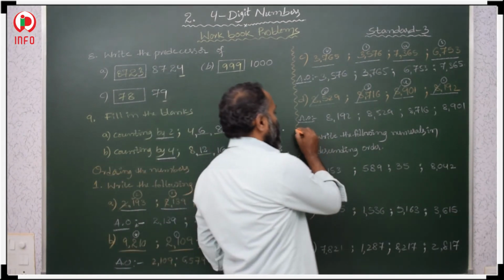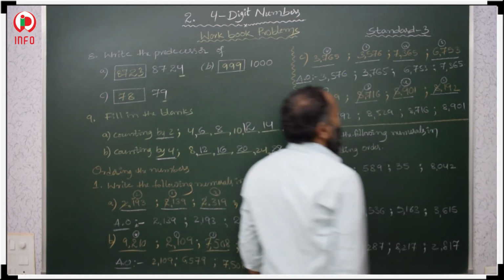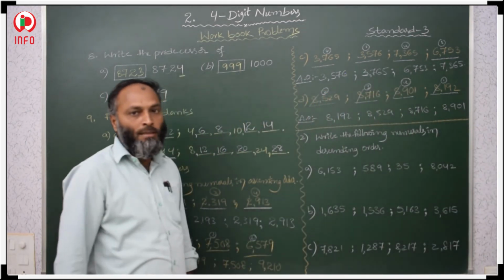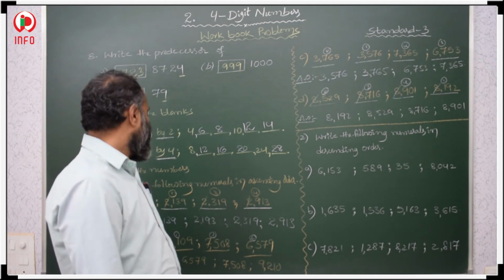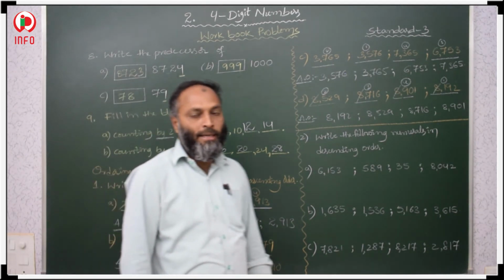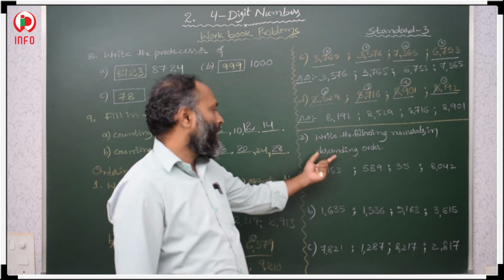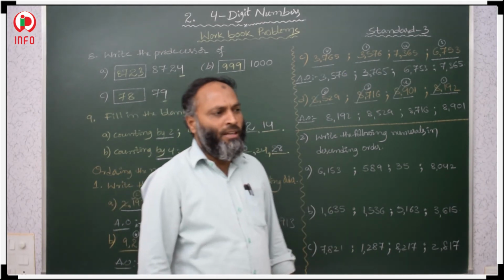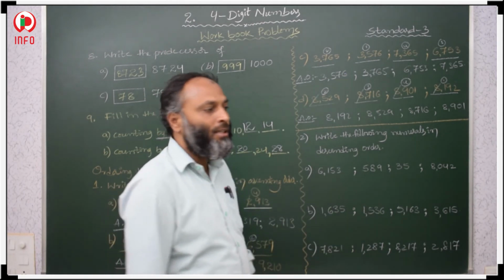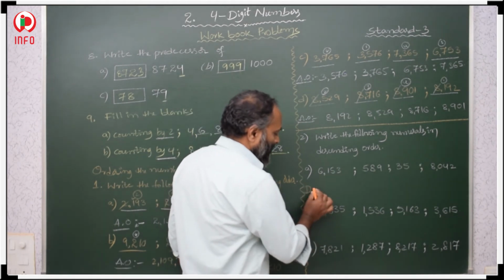Ascending order questions. Take here. Now, the second one. So comparison of numbers means ordering the numbers, ascending order or descending order. So here in the second, descending order is given. Descending order means decreasing order. DO means descending order in short form.